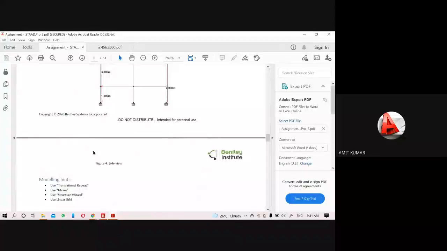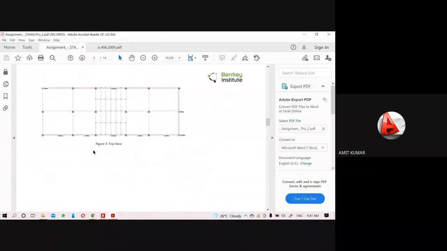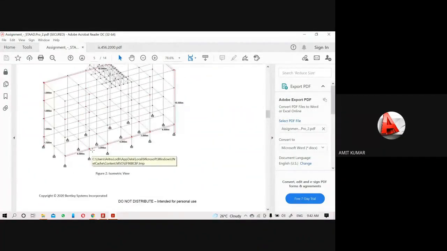First I have to read the dimensions. You can see the total height of the structure is 10.5 meter. Let me note down these values. The height of the structure is 10.5 meter, and the division along the height is 1, 2, 3, 4.